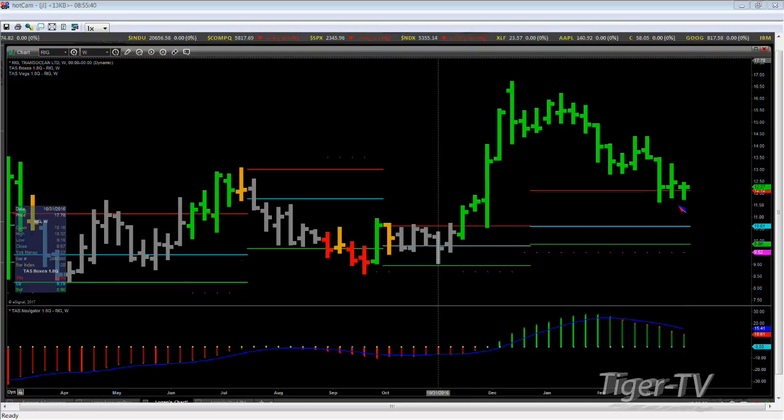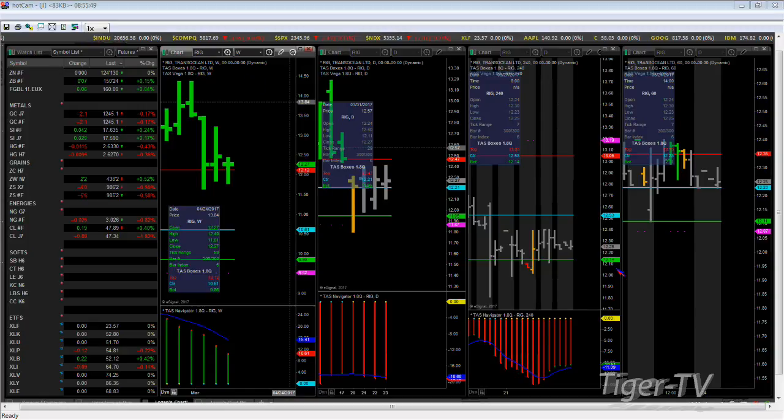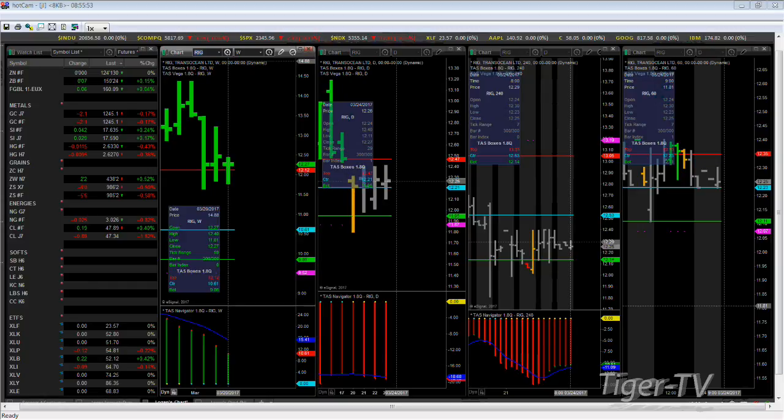And again, a way to kind of hide and maybe trade oil. If you're trying to trade oil from the long side, maybe a way to increase the odds, something like RIG or ExxonMobil. I don't know if you guys would agree with that, but it looks pretty cool to me.